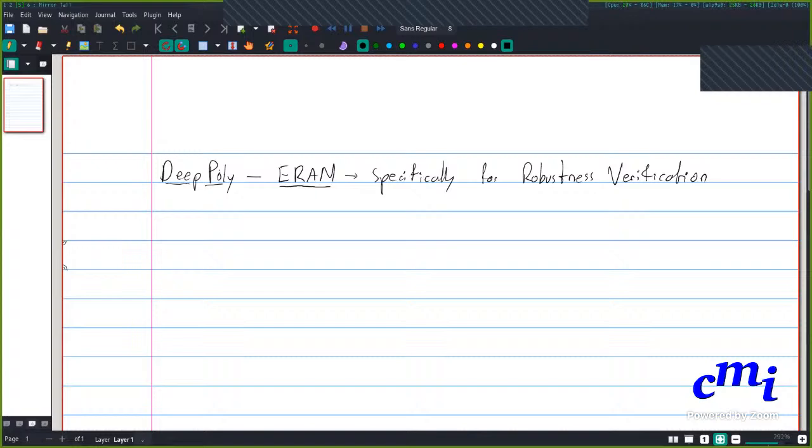One of the things I looked into was whether we can use ARAN and somehow get a better interface for it, with which we can try properties other than robustness verification properties. It seems like that is going to be a little bit difficult because it's all written in C, and going into the internals of that is hard. So instead, if you want to run deep poly on some other kind of property than robustness verification, I think it's better if you directly implement it.